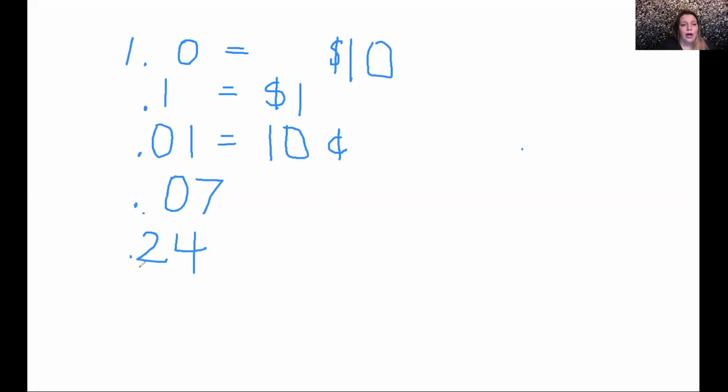Okay, remember, this right here stands for the dollar amount, and this right here is the 10 cents. So you've got $2.40. That is $2.40 per pip lot size. Okay? Let's try this again.